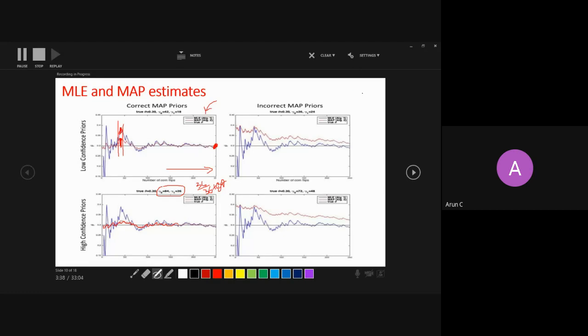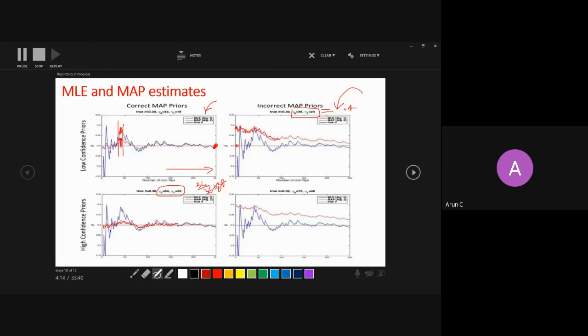Now the second option which you may have in your head is that your prior information is not correct, right? So the true number was 30%. You have taken wrong imaginary numbers 24 and 36, which give you a 40% probability of head, right? And you started with this wrong belief. So this wrong belief, what it says is that the maximum a posteriori estimation, which is shown in red, will in the starting give you the wrong estimation, right?